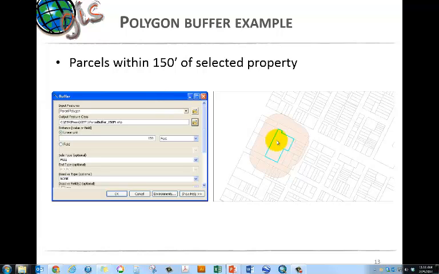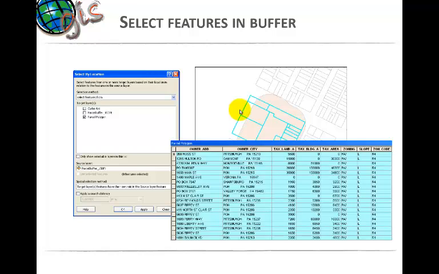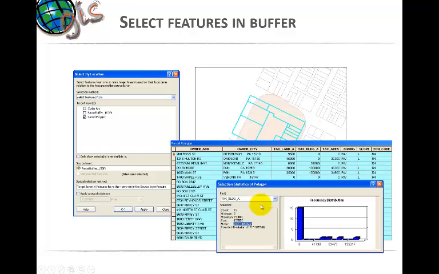So somebody is trying to do some improvements on this piece of land, or maybe put up a building or something, and they would like to know what would be the impact on the surrounding polygons, on property values, and so on and so forth. So what they would do is create a buffer for 150 feet, select all the parcels around that buffer, and then essentially get a list of all the owner names and addresses,